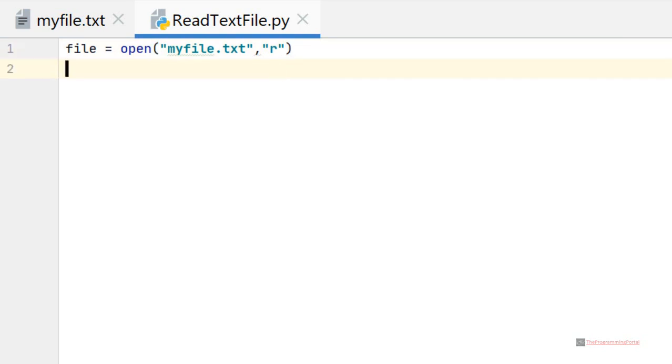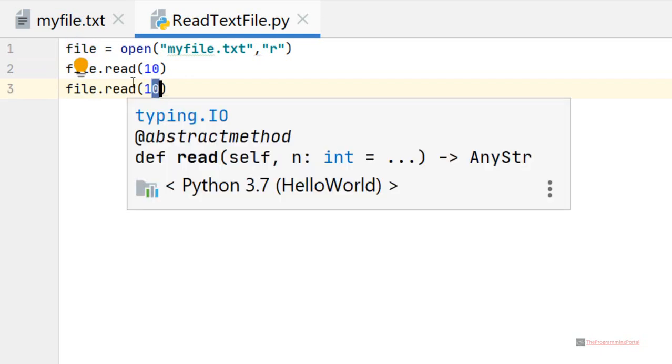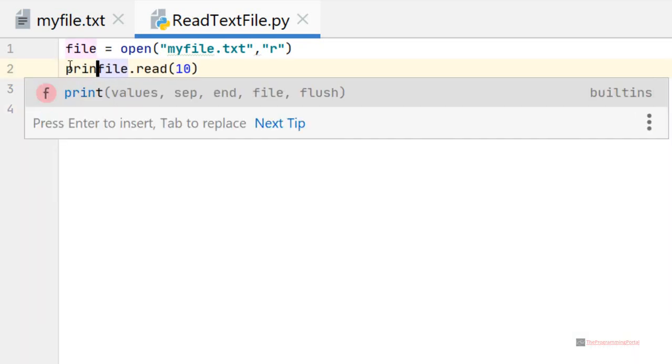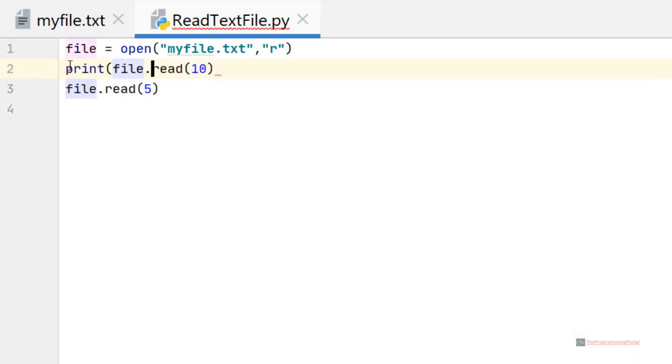Next we are going to read the file. So we can specify the file.read method and here I can specify the number of bytes. And another 5 characters. I can print the statement, so I will directly print the output.